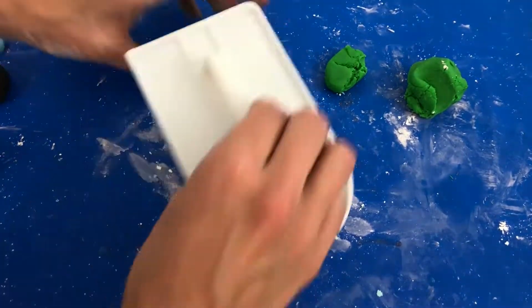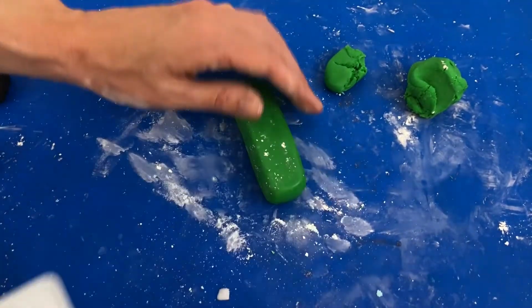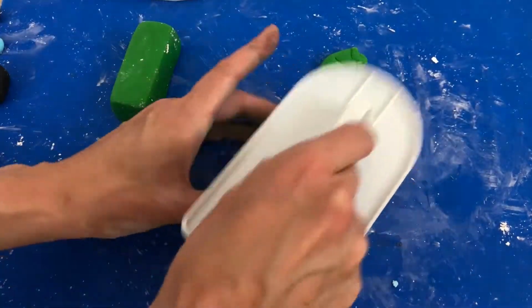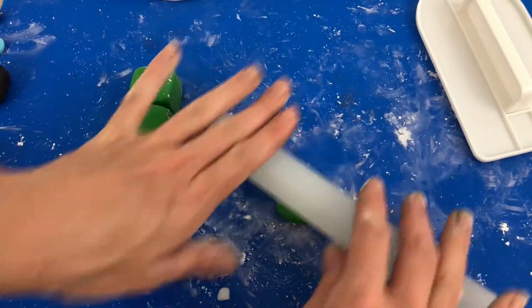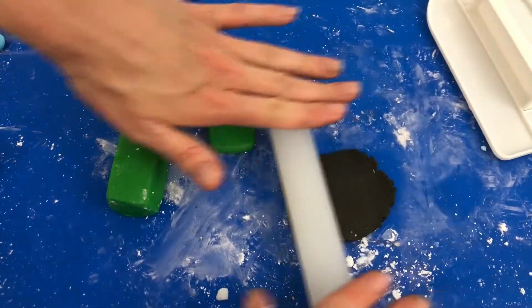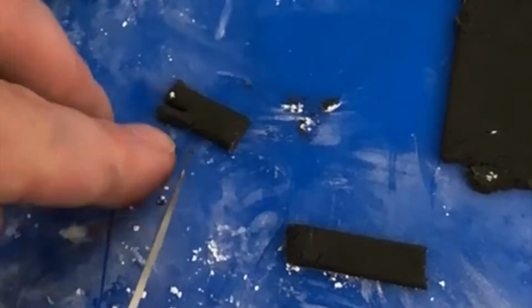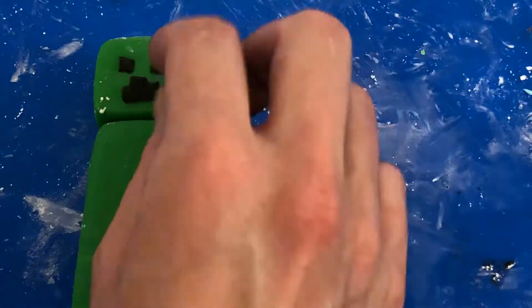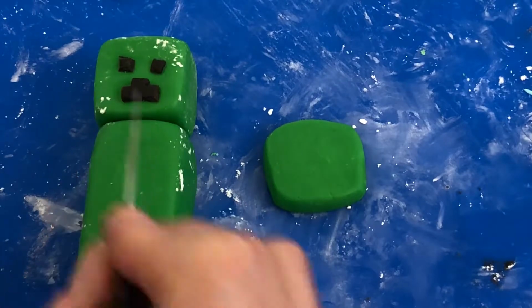Start by rolling out a log of fondant and shape it into a rectangular block using fondant smoothers. Then make a ball for the head, shaping it into a square block, and a square for the feet. Roll some black fondant really thin and cut out 2 little squares for the eyes and the mouth shape, which looks like a taxi cab without the wheels. Stick the eyes and mouth to the head and use a knife to adjust the position so they're lined up